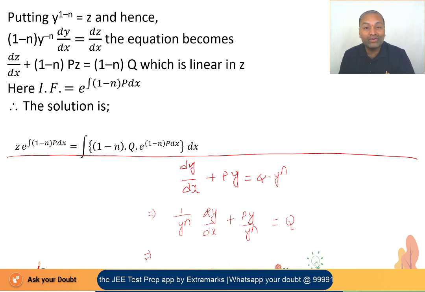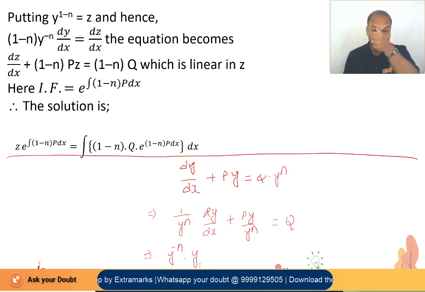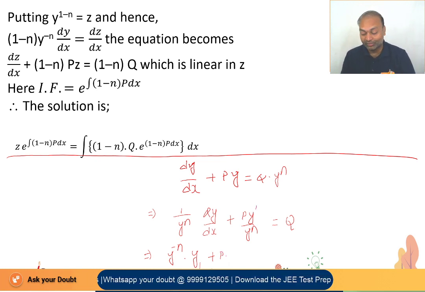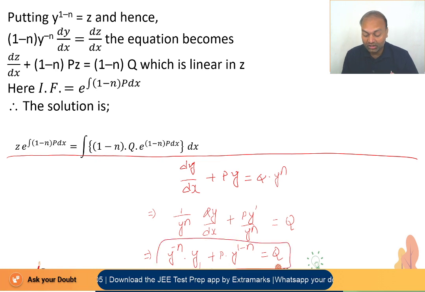1 by y power n can be written as y power minus n, into dy by dx, right? Plus p into y by y power n. It is in the form of x power m by x power n, then x power how much is there? The formula is m minus n. So y power 1 minus n is equal to q. Correct or not? Now you see,